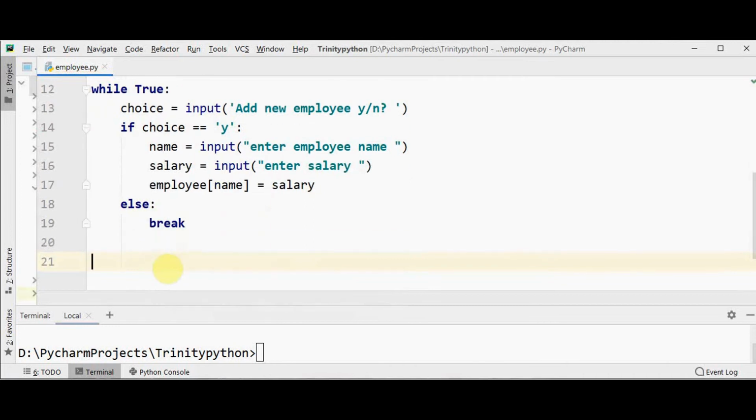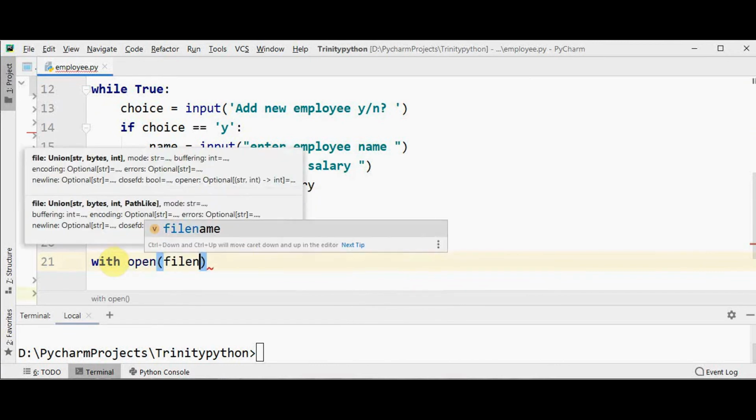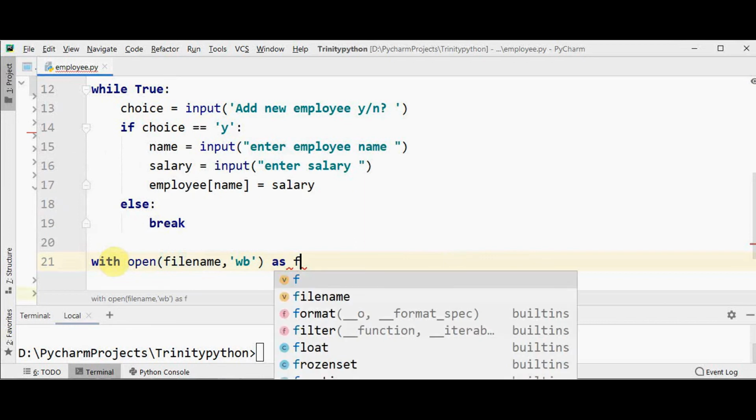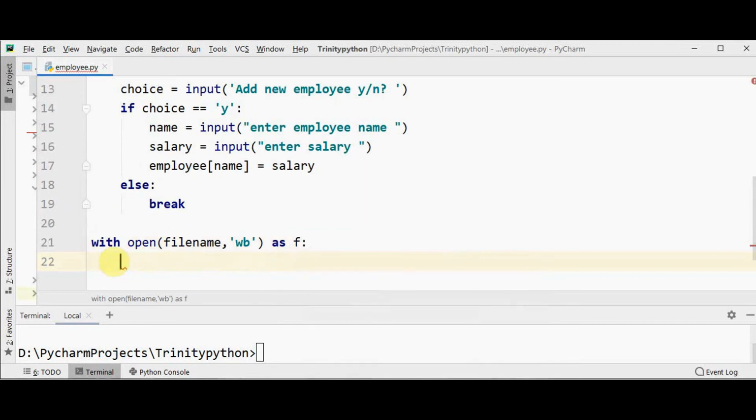Okay, fine. So now this updated dictionary must be synchronized in the file. That is, we need to write this content to the file. So open it in wb mode with open file name and wb mode as f. Now place the content of this dictionary into the file.